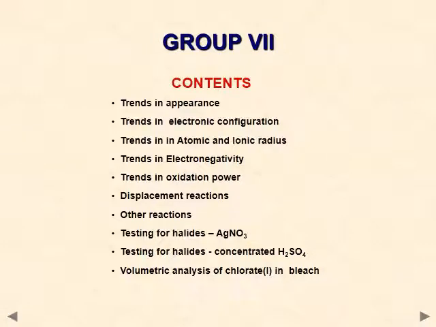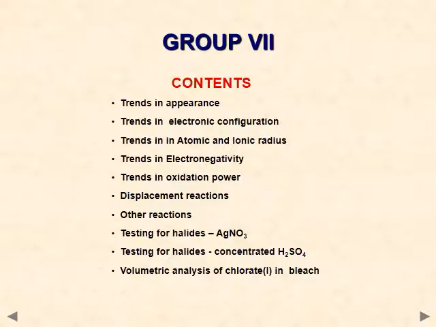Topics to be covered in this chapter are trends in appearance of halogens, trends in electronic configuration, trends in atomic and ionic radii, trend in electronegativity, trends in oxidizing power of halogens, displacement reactions. There will be some other reactions as well, which are also displacement and can be disproportionation. Testing for halides using silver nitrate, testing for halides by the reaction of concentrated sulfuric acid, and finally volumetric analysis